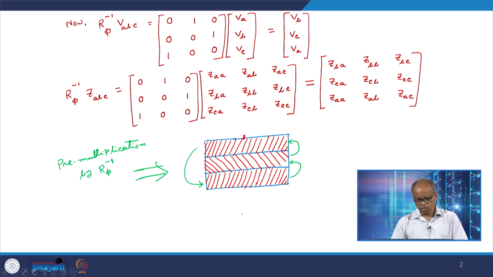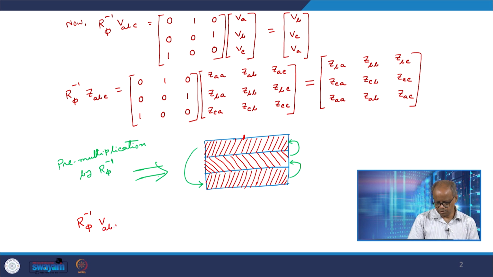Now if we combine these, we have this equation: R phi inverse V ABC is equal to R phi inverse Z ABC into I ABC. If we now collect all these results and write them in a matrix form,